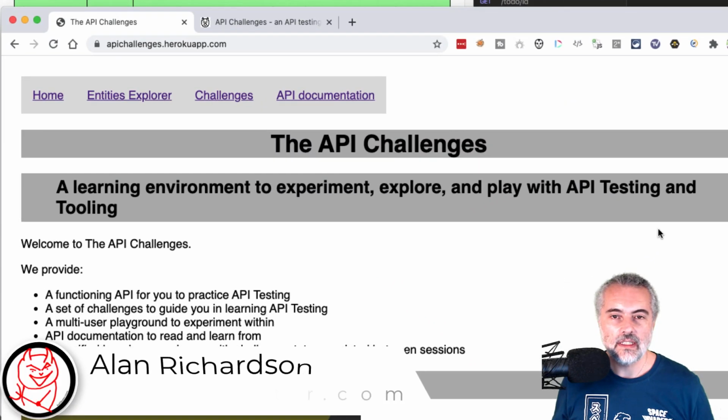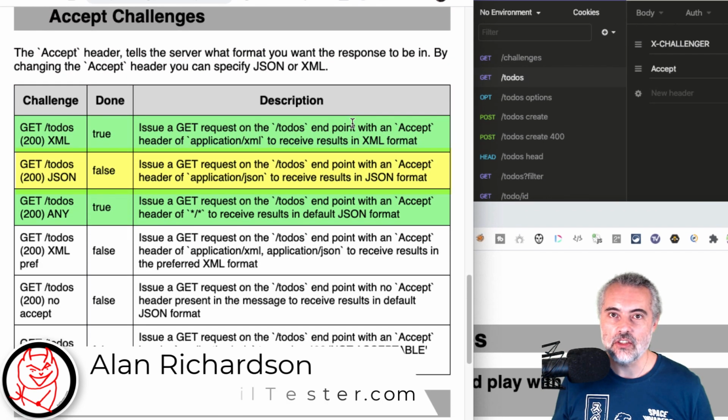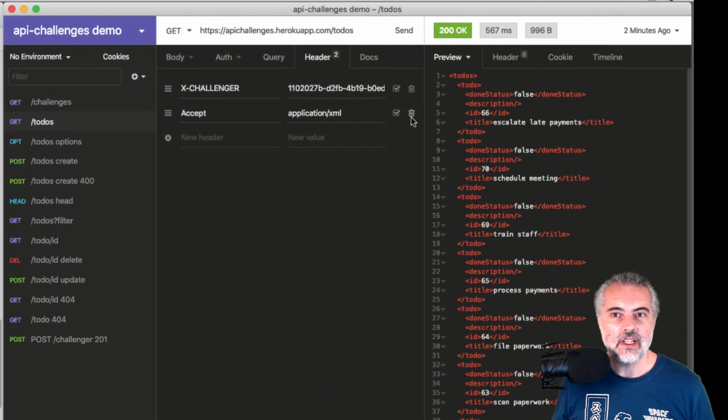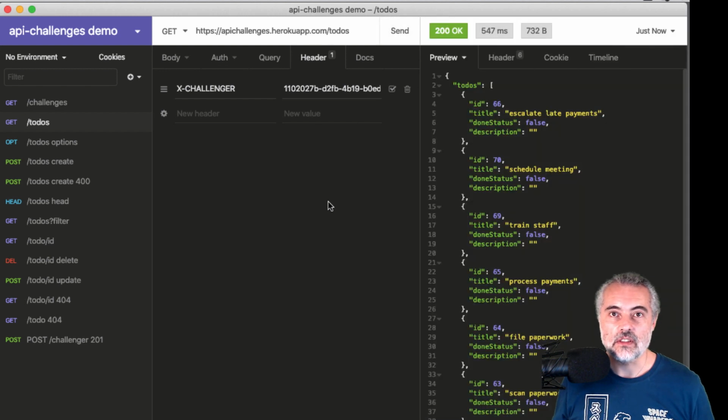So working through the API testing challenges at apichallenges.herokuapp.com, and the next challenge is how to get the to-dos in JSON format. Now, we've already seen that when we issue a GET request on the /todos endpoint, we receive the results in JSON anyway. But it's important that we learn how to specify that we want JSON, and we do that by